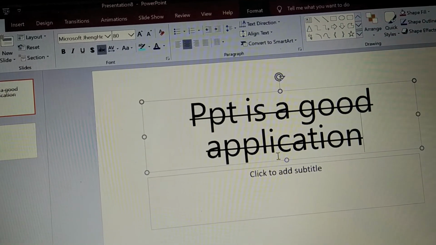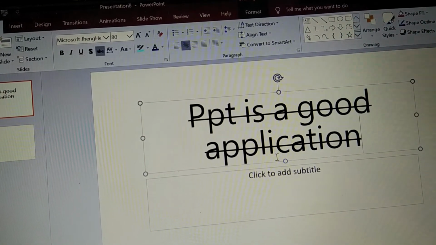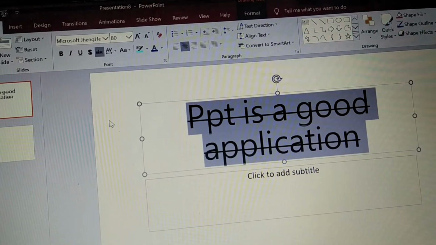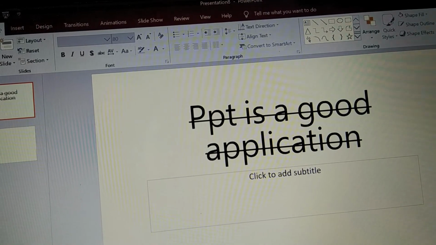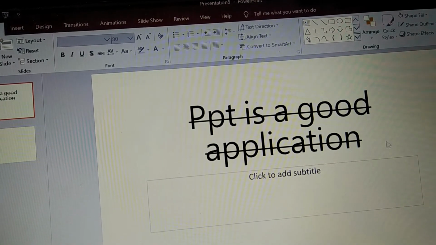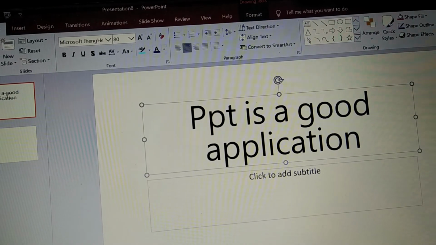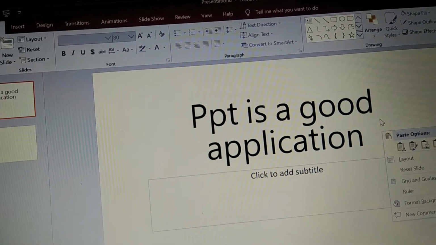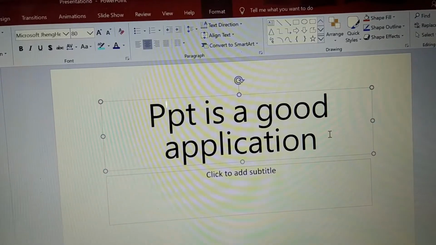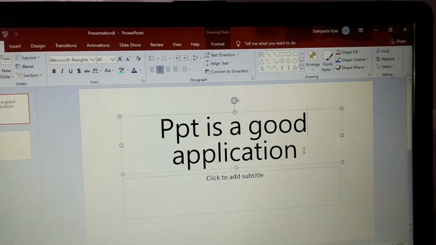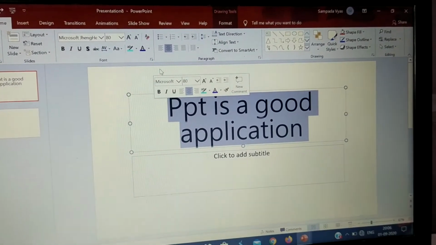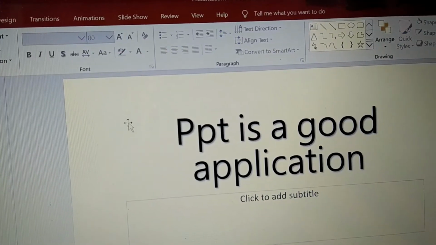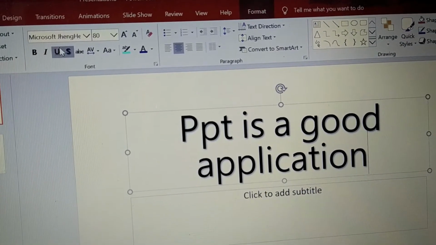If you cross it out but after some time you think that this sentence is right, then we have to select this again. Either you can do it like this also. See, the whole underline we had done, that is over. Now we will add color to it. If you want to do shadow, then we can shadow it also. See, now it is shadowing. If you do not want shadow, then we will cut it.